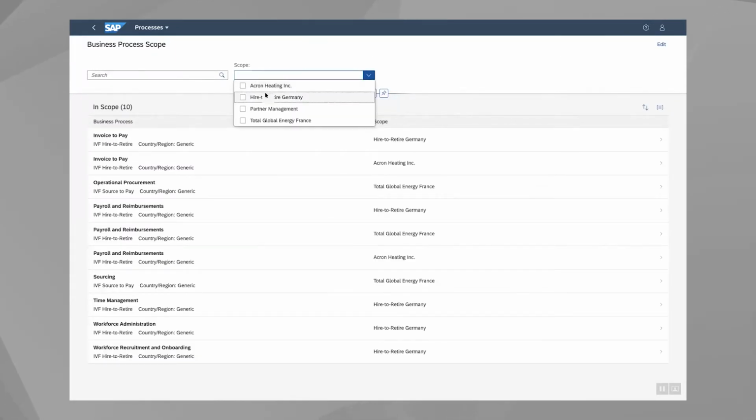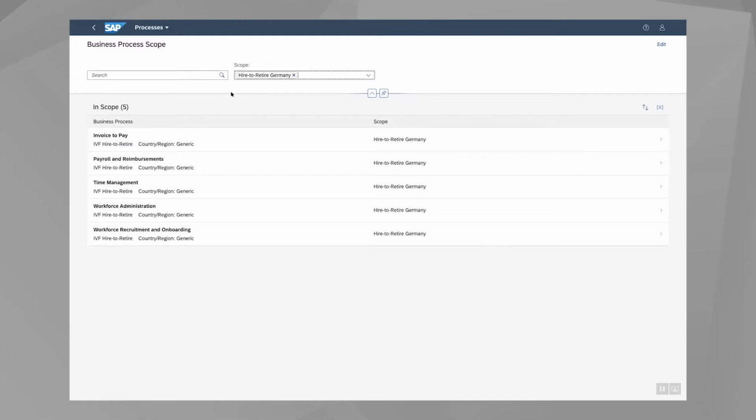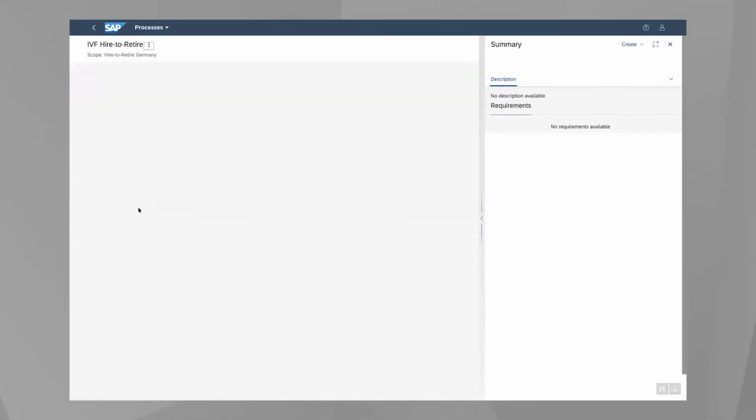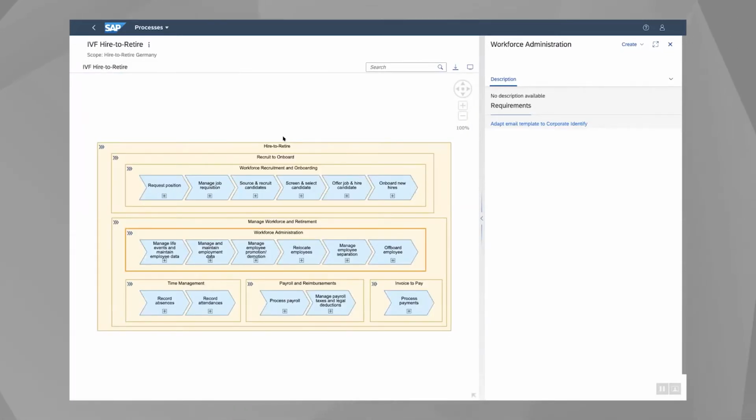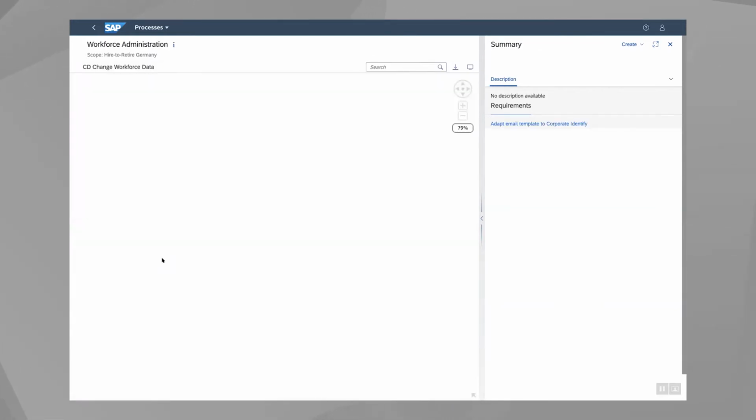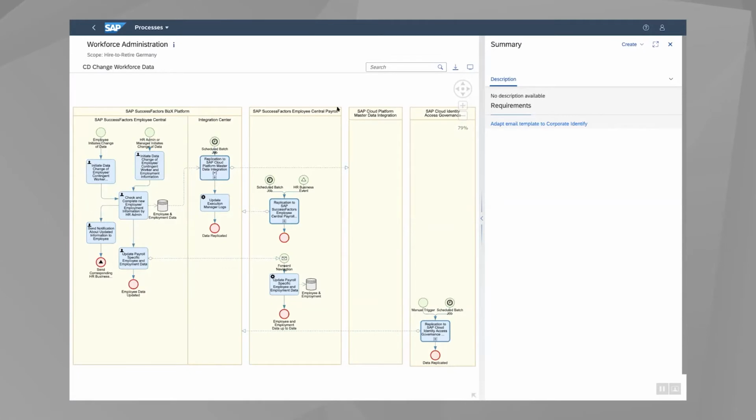If we go in there and select a rollout that we want to look at, we see these are the processes. And in this case, we prepared an example for the hire to retire scenario. So if you look into the value flow for hire to retire, we see how hire to retire is actually implemented in a cloud solution consisting of S/4HANA and SAP SuccessFactors. And from here we can do a drill down and see also the details on how the processes run, starting in SuccessFactors over to EC Payroll, through the master data services for integration and ending up in GRC with the